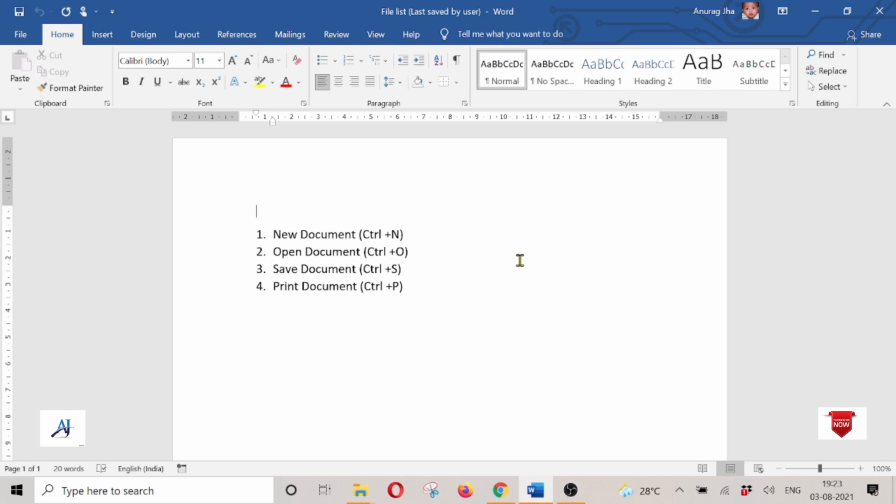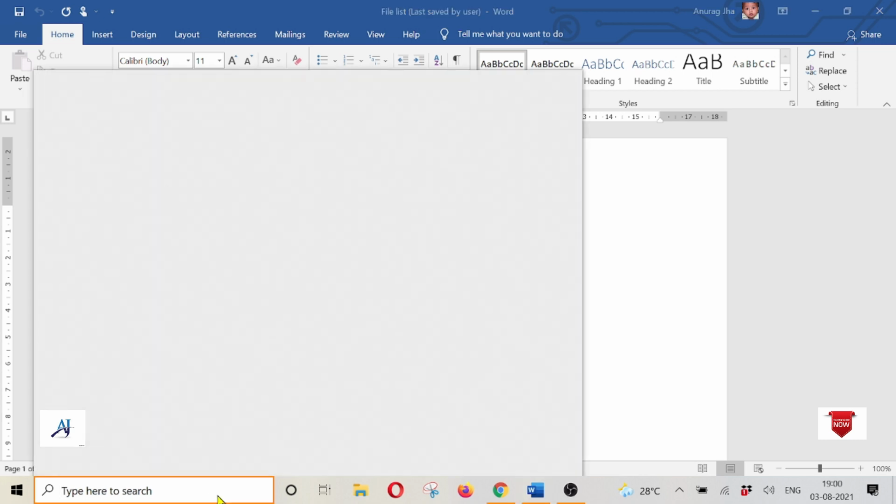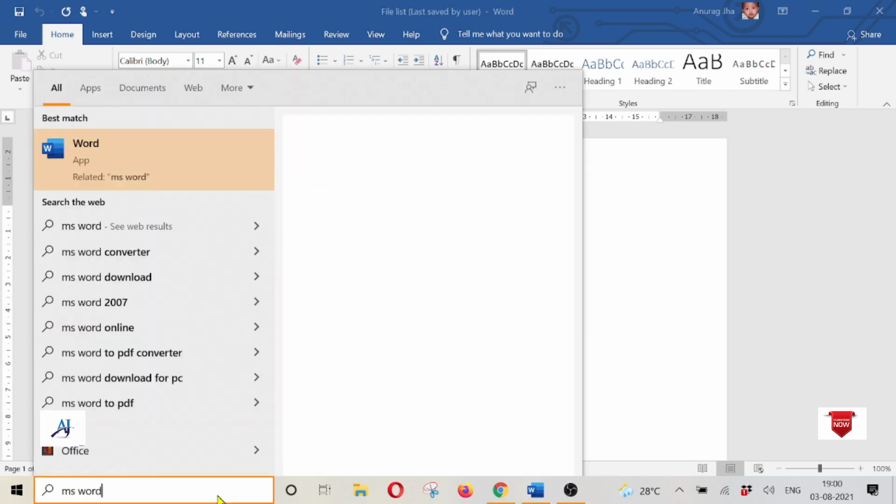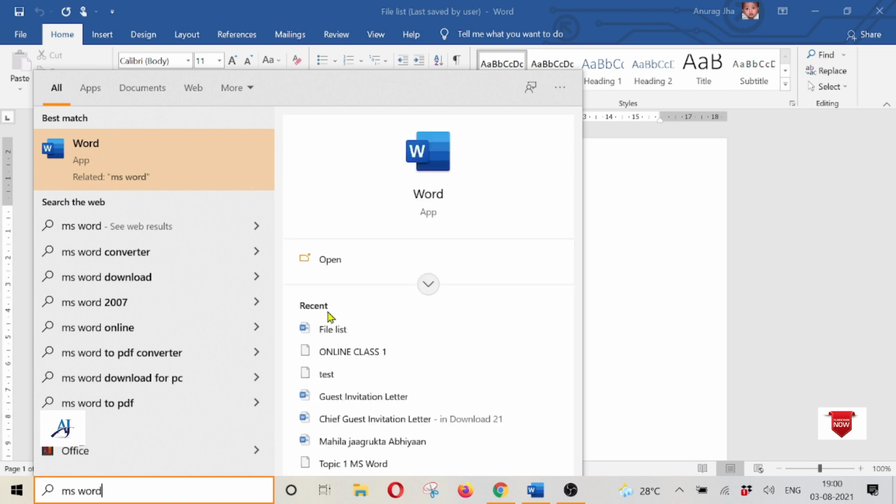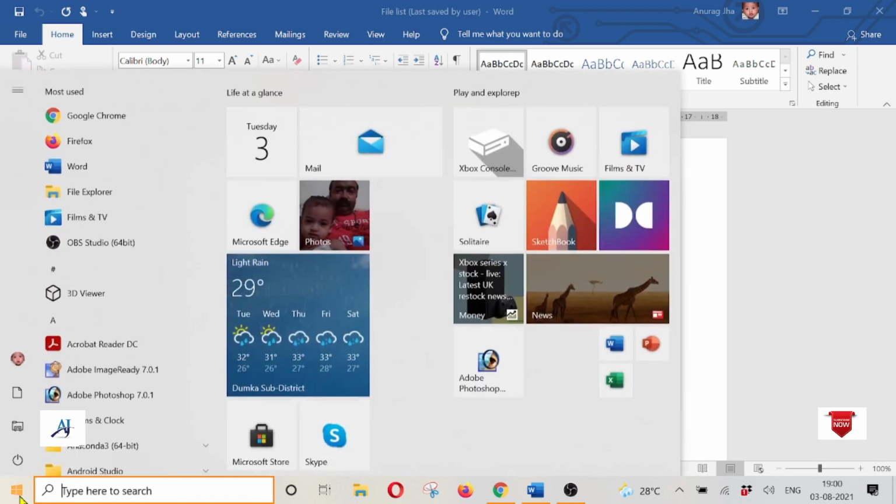Let's start MS Word. How to open MS Word? To open MS Word, one of the easiest ways is to take your mouse pointer to this search area and write MS Word. As soon as you complete it, you'll see that it is giving an option to open MS Word. If you won't find MS Word here, you can directly go to Start button, click here and go at